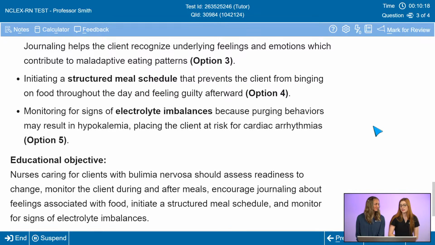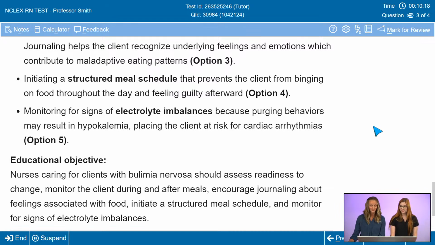And I really love what you're saying about figuring out the cause or getting to the root of the client having the maladaptive eating patterns or behaviors. Obviously, as a nurse, it's not our job to get to a diagnosis or anything like that. But I think when we're caring for clients, it can really help us understanding the emotions and why someone is struggling with something, be it bulimia, or be it they've got another diagnosis that they're stressed about or having a hard time with, and just really taking the time to understand them, I think can make such a difference. And that's not an NCLEX tip, that's just being a nurse tip.